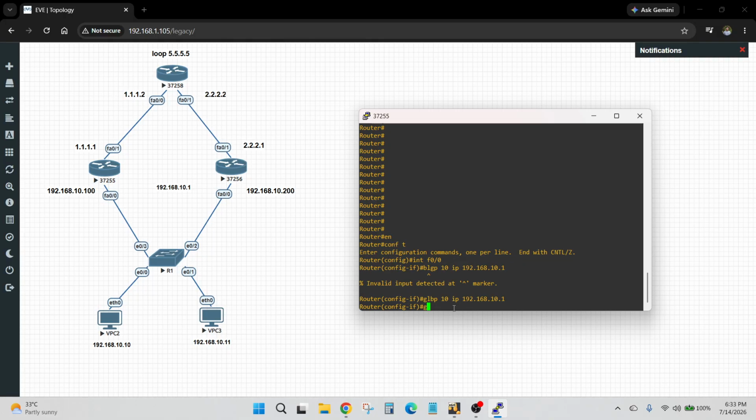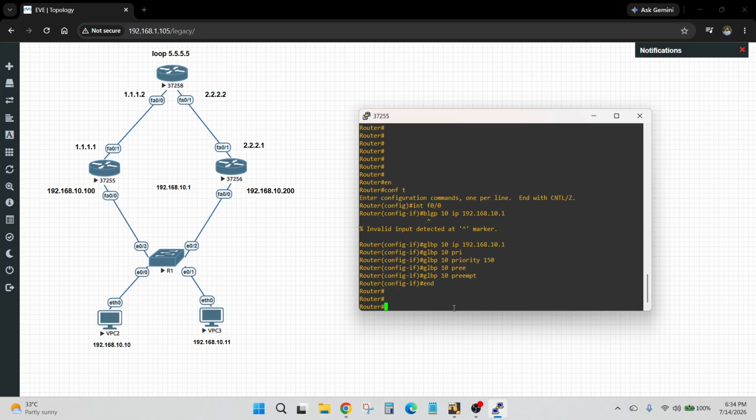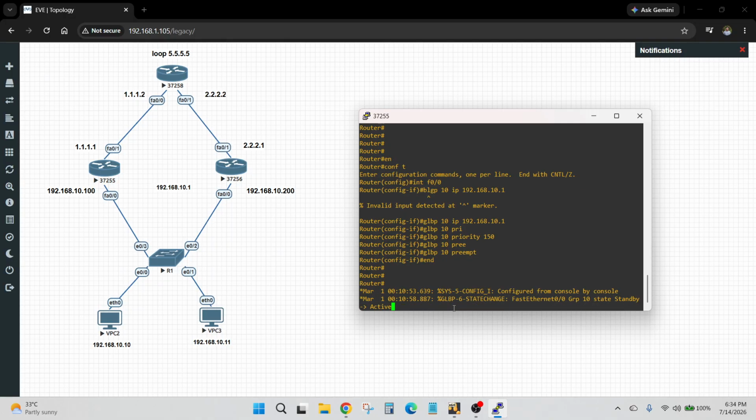Then we write GLBP 10 priority, I set 150, then GLBP 10 preempt, then end. So this is our configuration. You can see our router 1 configuration is successful.